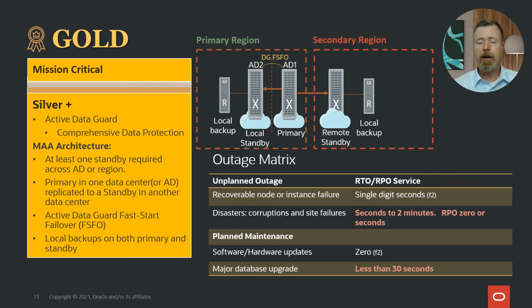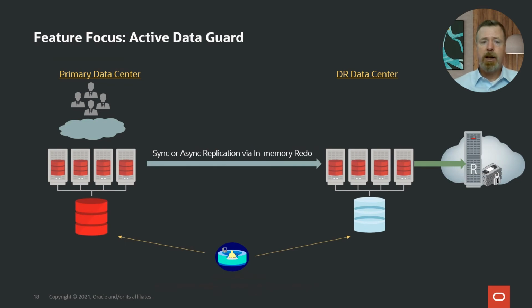So they have 3 standbys associated with that, just so they always have a remote and a local that's staying up and connected, doing physical replication when they switch one of them to a logical transient to configure and do the rolling upgrade. So let's take a look at some of these technologies. We'll start with the Data Guard functionality.